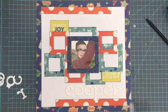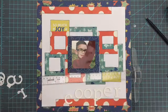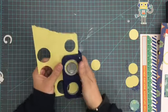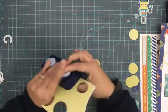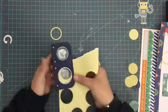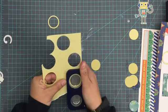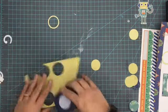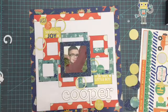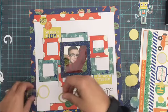Now, throughout this week, you've seen me using circles, squares, and stars, and that is true for the entire week. Today, I want to show you a little twist on circles. I am punching out the smaller one on my punch, and then I'm going back with the bigger punch and punching around it to create a circle outline. And I'm going to use those today on this layout to create just a different approach to the circles. And it's also in that yellowish green color that I brought in earlier through the word stickers. So I'm going to use those, and I'm going to start building my embellishing from the bottom right-hand corner up